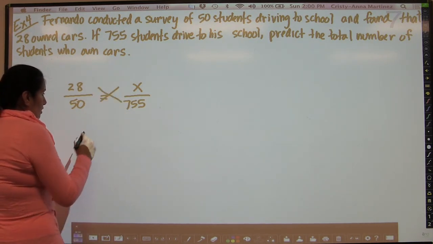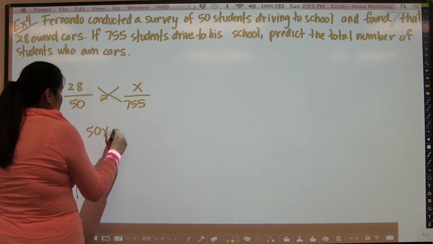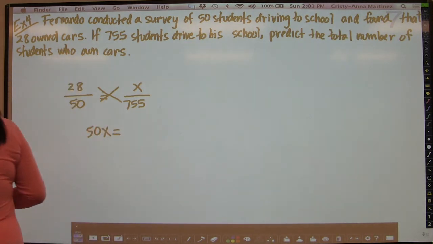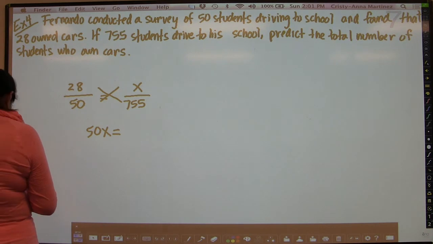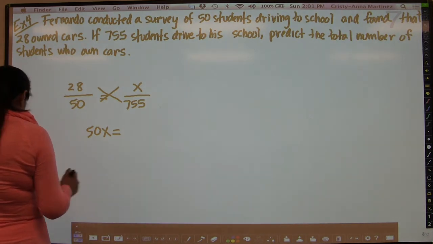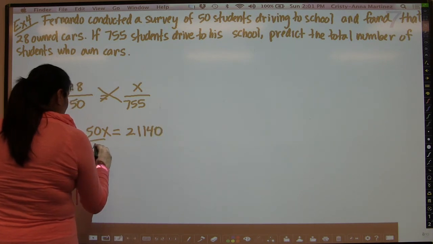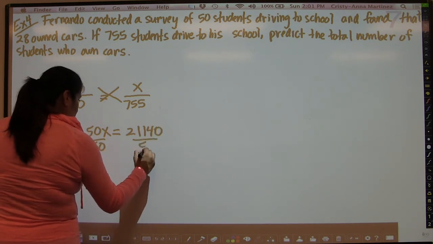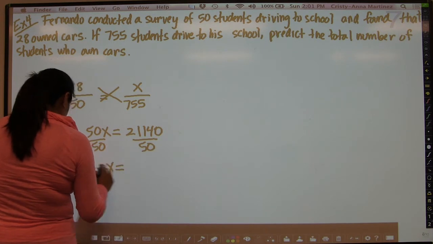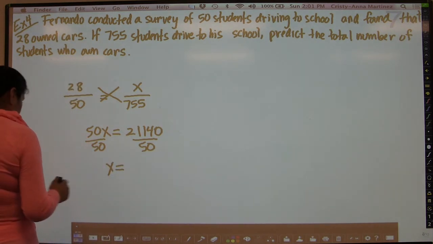So now, that's how you set it up, and then we're going to go ahead and use cross products to solve. So we're going to get 50x equals 28 times 755, which is 21,140. We take that and divide it by 50, and we get